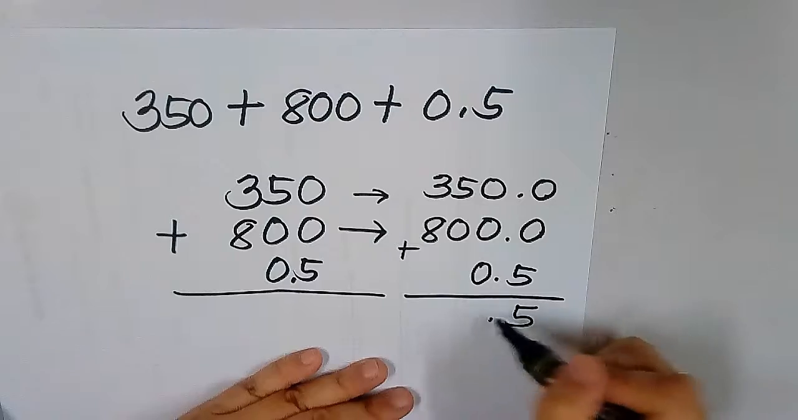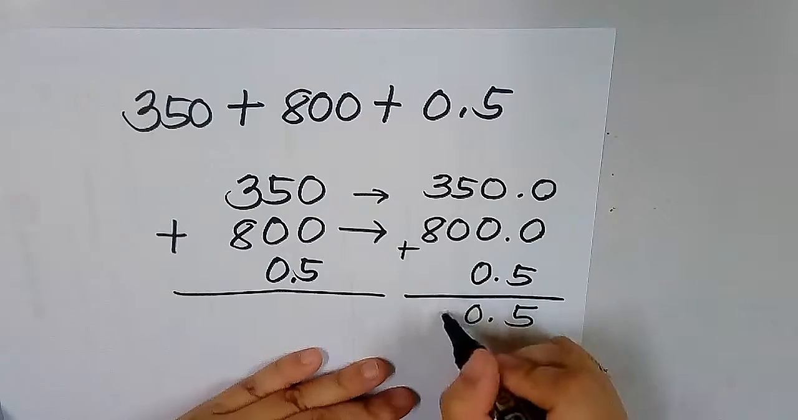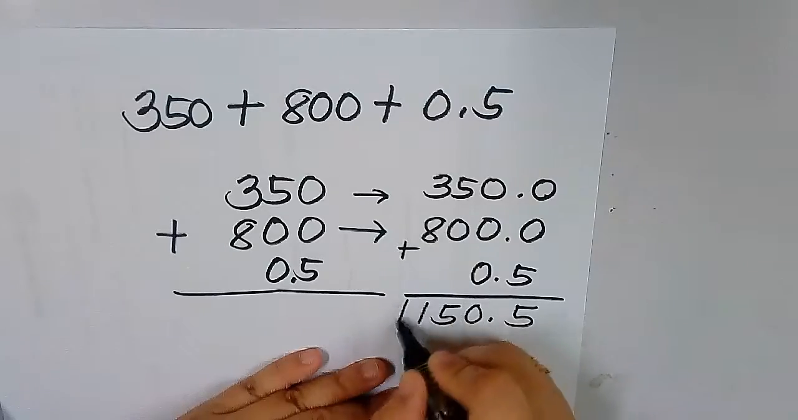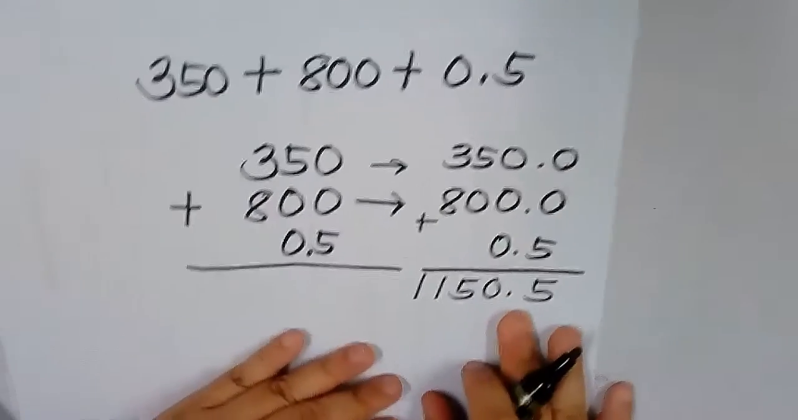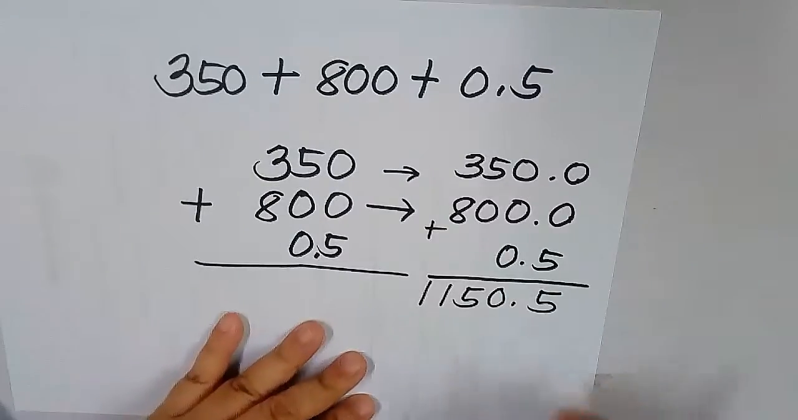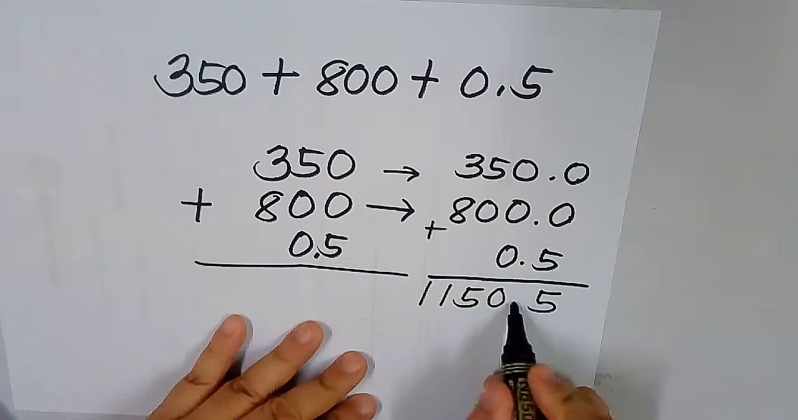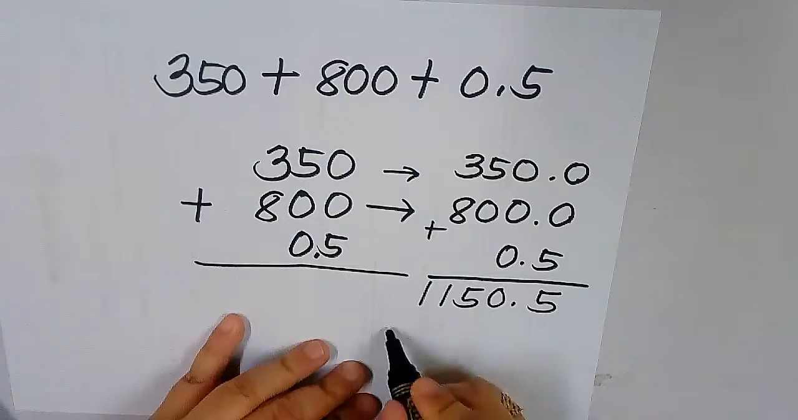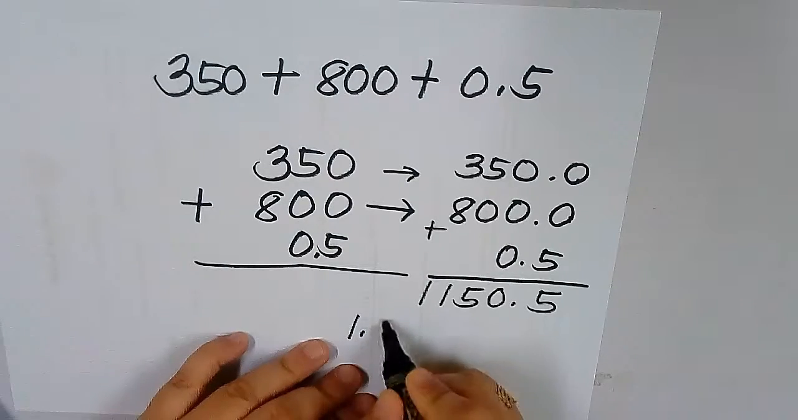Okay, then we're going to add, so 0 plus 0 plus 5 is equal to 5. Ito naman ay 0 din. And then just bring down 5. 3 plus 8 is equal to 11. Now, if we are going to convert this to scientific notation, nandito yung decimal point. So, let us first determine the significant number, which is 1.150